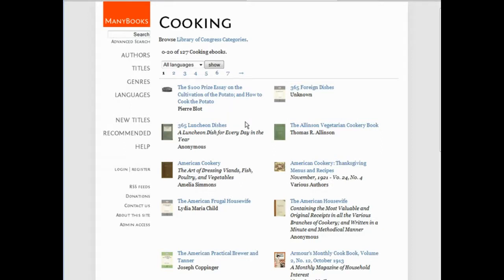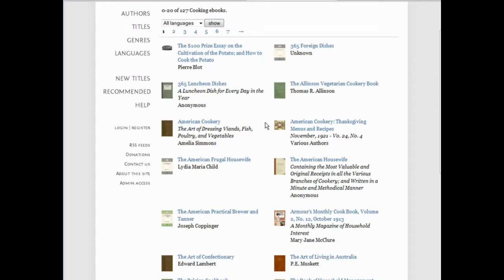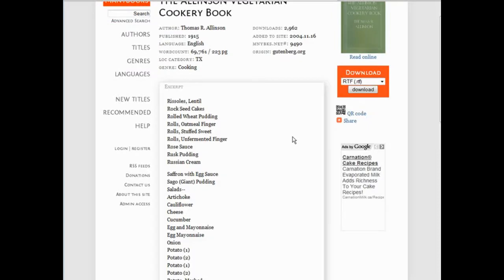Okay, so you can look through these until you find something that looks interesting to you and that you might want to create a product from. Okay, so let's say we're going to create a vegetarian cookbook. So you go into the product here and you get some information here. Up top, you have the original author, the date it was published, language it's published. You see how long it is here. This is the number of words, the number of pages, location. Of course, the genre we already know, how many times it's been downloaded, when it was added to this site,